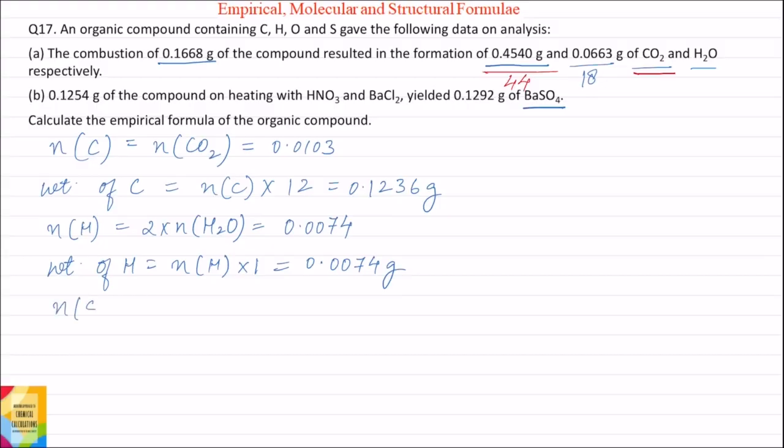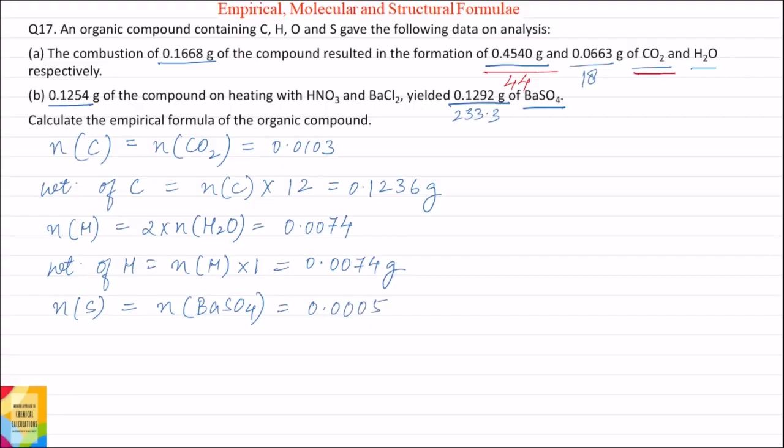So moles of sulfur is equal to moles of barium sulfate. And how much will moles of barium sulfate be? Moles of barium sulfate will be weight of barium sulfate, which is given as 0.1292 gram divided by molecular weight of barium sulfate, that is 233.3. Now this is the moles of barium sulfate in 0.1254 gram of the compound. So moles of barium sulfate in 0.1254 gram of the compound will be equal to 0.1292 divided by 233.3, which is equal to